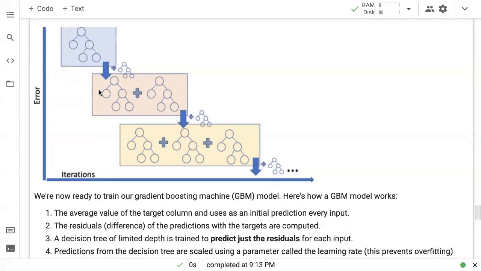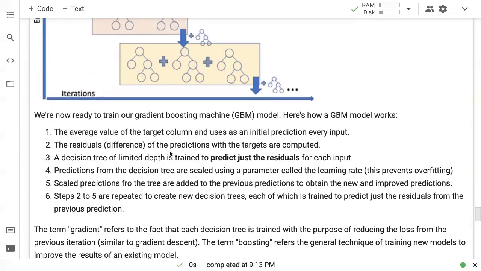Now, why do we have this alpha in place? Why don't we simply add the predictions from the previously trained decision tree? So it turns out that alpha prevents overfitting. If we apply that scaling factor to the decision tree that was just trained to predict the residuals, we are intentionally creating some error there, which can then be filled in by the next decision tree and so on. And that helps prevent overfitting to the training set.